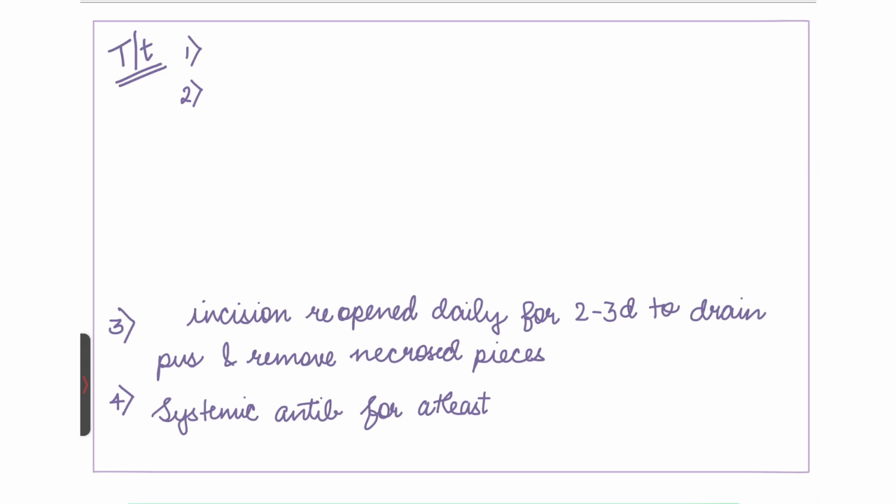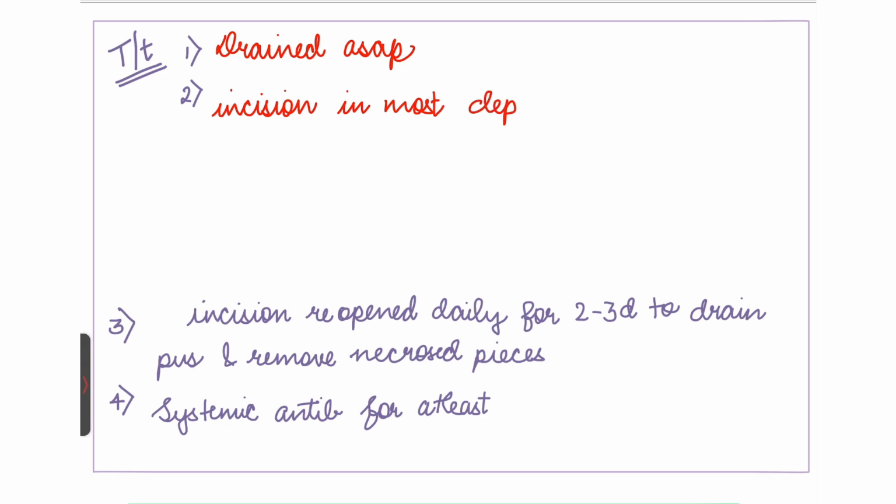We have just read that the patient with septal abscess is presenting with bilateral nasal obstruction. So what will be the first treatment which we are going to do? We have to relieve the obstruction, right? So we are going to drain it ASAP. Then we give an incision in the most dependent part. After the incision, a piece of mucosa is excised